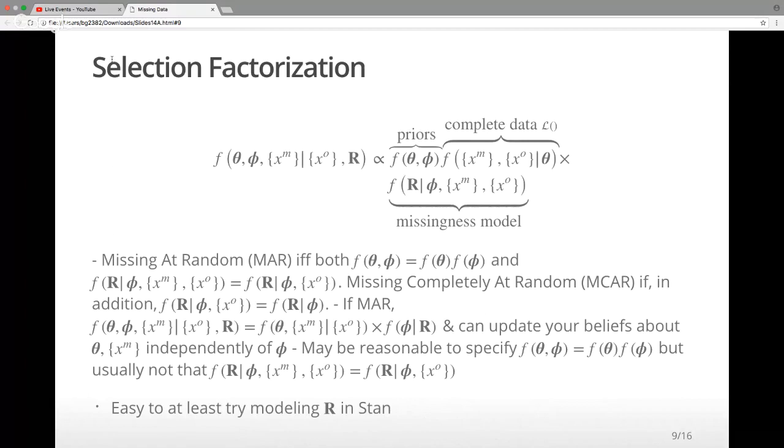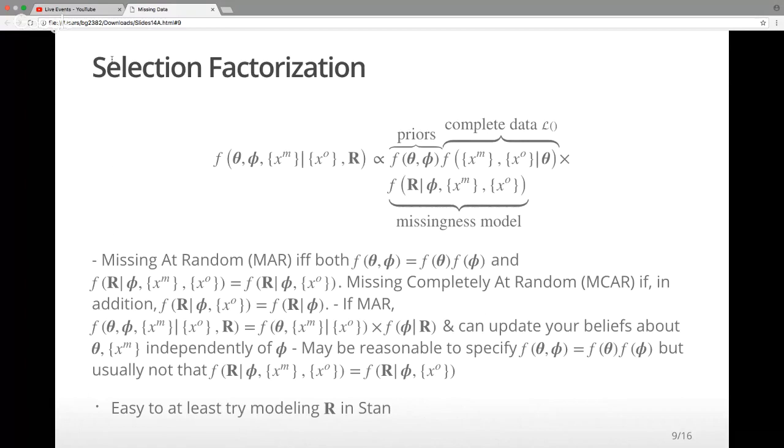random. If a data generating process is neither missing at random nor the special case of missing at random, which is missing completely at random, the data generating process is said to be missing not at random, which is abbreviated IMNAR, and that means the same thing as not missing at random, which is abbreviated INMAR. So IMNAR and INMAR mean the same thing. Missing at random is a special case of, or a limiting case of, this general missing not at random